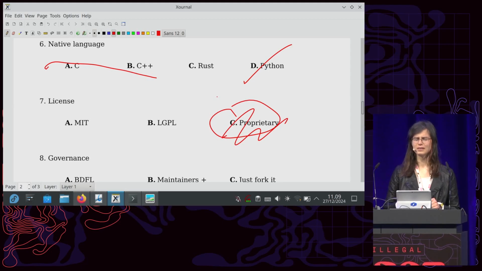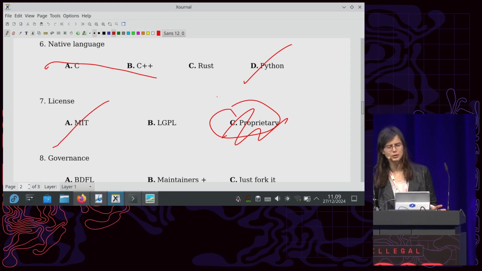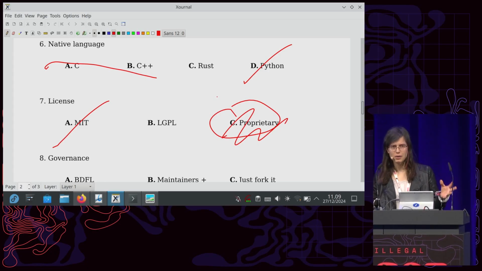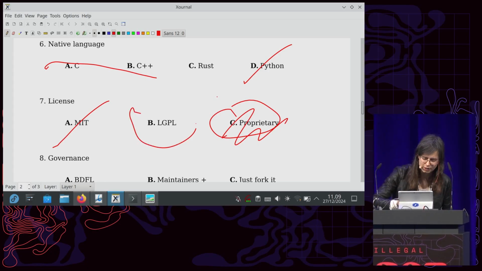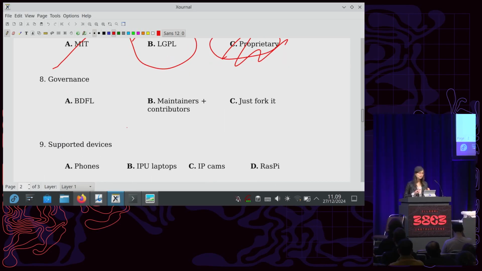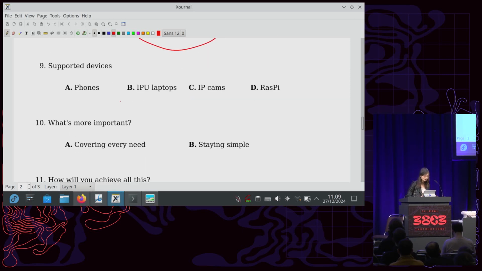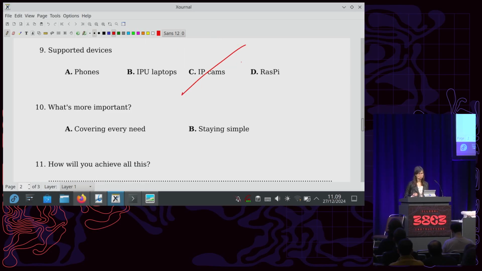MIT, I don't like freeloaders, so if you contribute to libobscura, also give back the contribution. LGPL. Governance. I want to have like the creative direction, at least in the beginning, but I want maintainers to come over and take it from me. I'm not going to stay at every project forever, probably. So it's nice to have a healthy community. Supported devices, only Video for Linux devices. So I don't think IP count there, but everything else, like phones, Raspberry Pi, I'm open to it. And I think that should be really maybe even the focus.